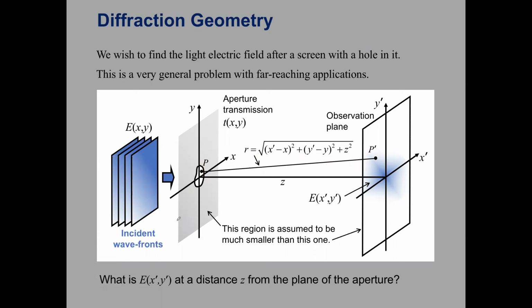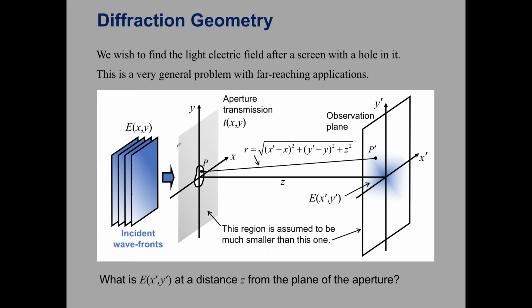But so this thing here, this first rectangle, is considered to be much smaller than our screen. And there are going to be two sets of coordinates that are important to think about. One are the coordinates x, y, which we're going to use to describe whatever opening we have. We're also going to have a second set of positions, x prime, y prime, which are going to describe the bright and dark fringes we see on this screen. So that's the difference between x and y, and x prime and y prime. These are the coordinates on the observation screen. These are the coordinates on the plane of the